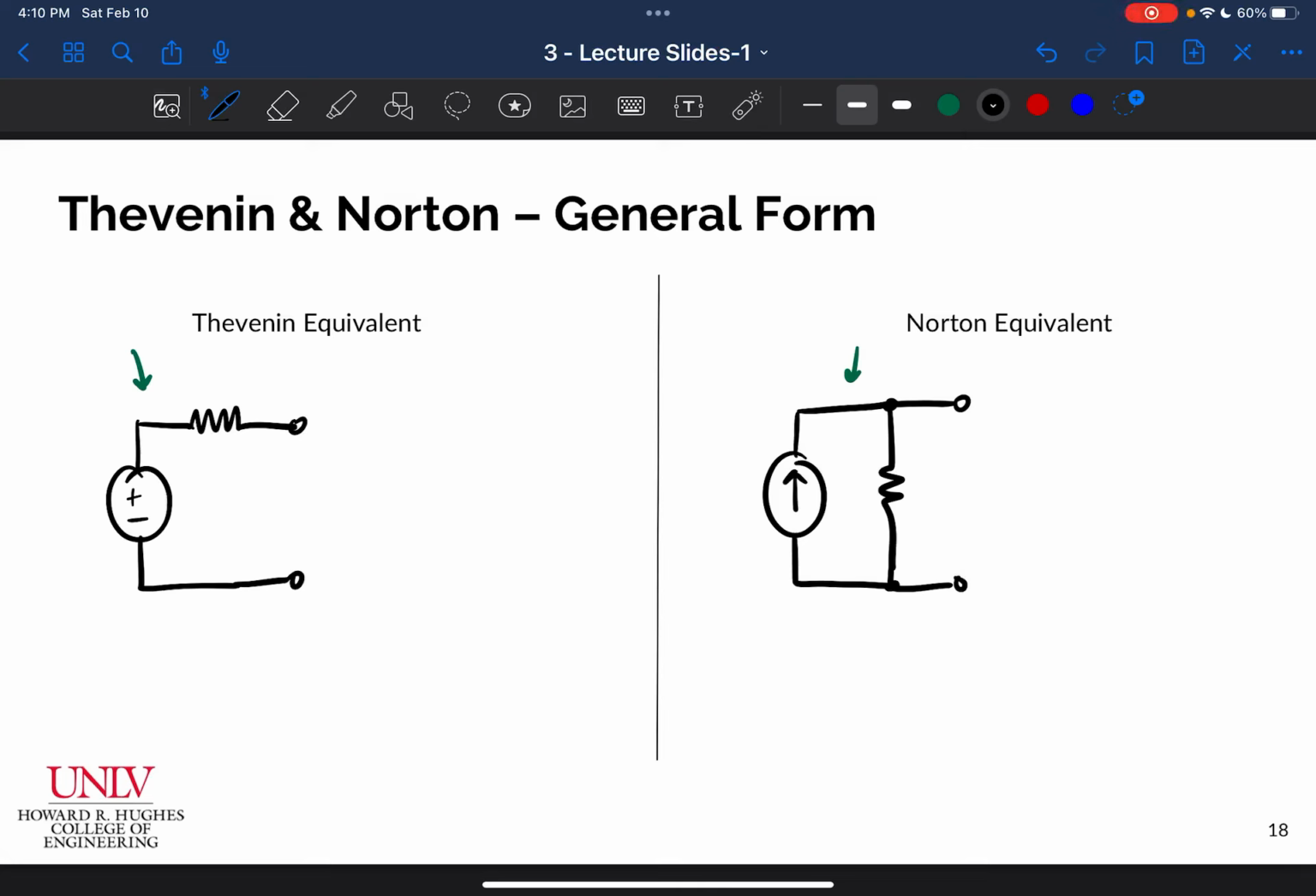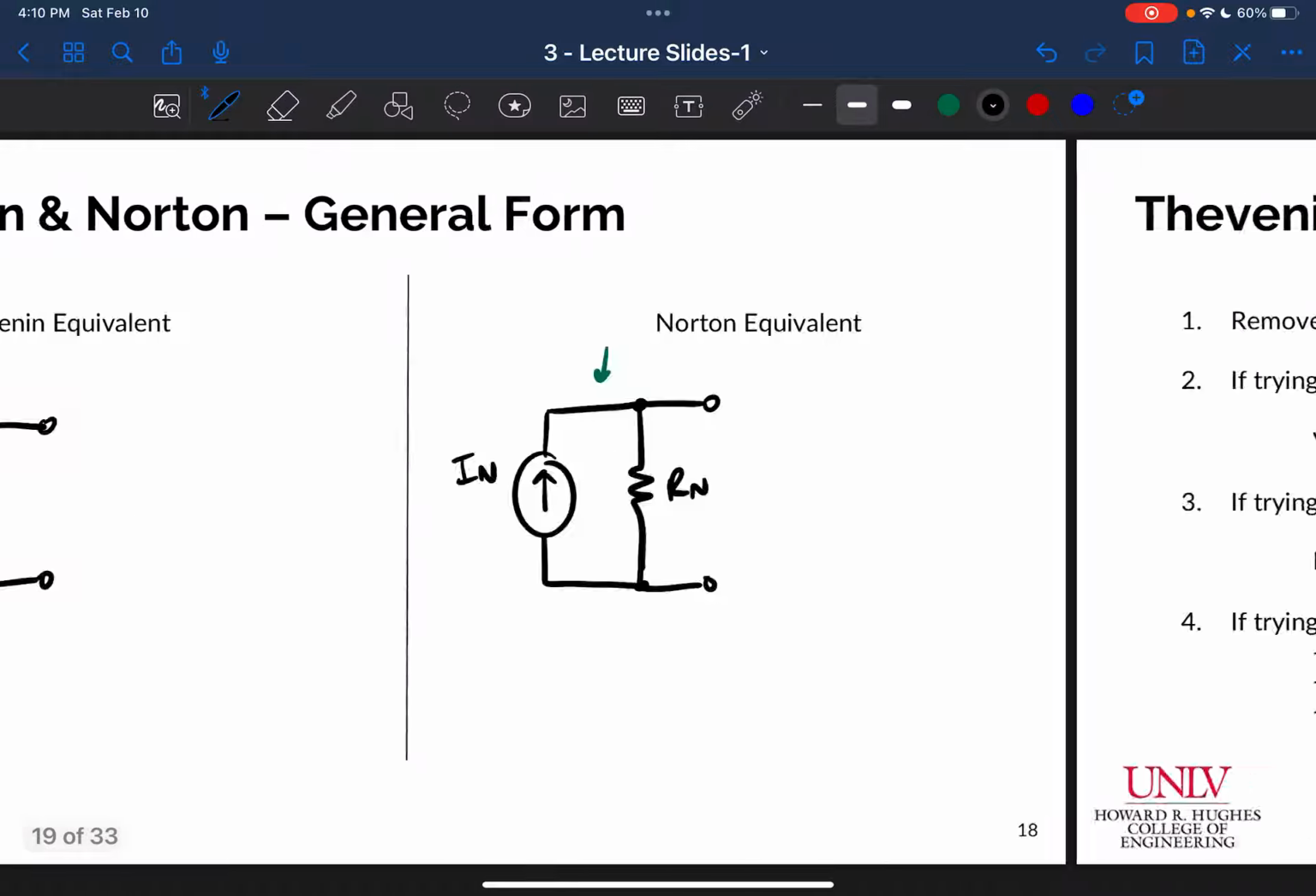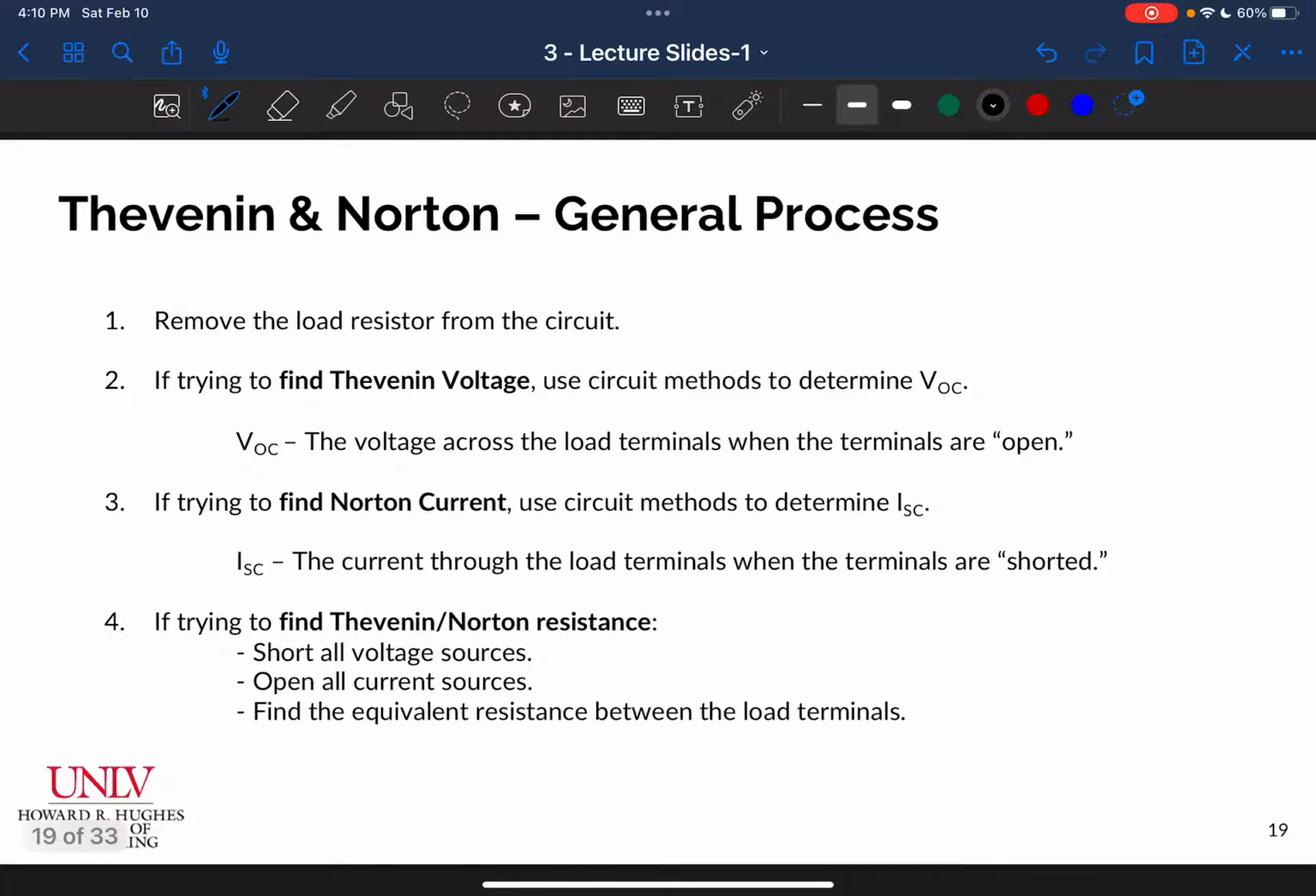All right, so we're talking about Thevenin and Norton here, and I forgot to mention that this voltage source is called the Thevenin voltage. This resistor is called the Thevenin resistance. This current source is called the Norton current, and then this resistor is called the Norton resistance. Okay, not super crazy stuff, but now we're going to get into the general process, which does seem a little